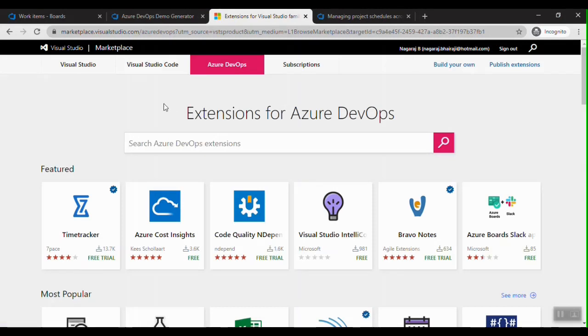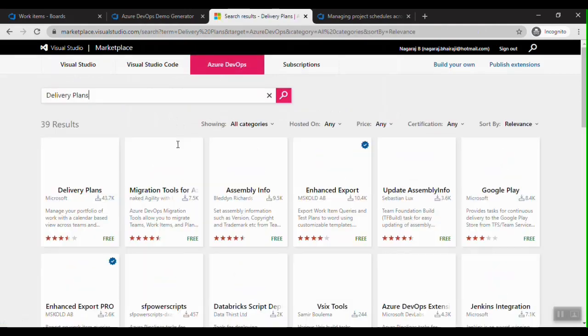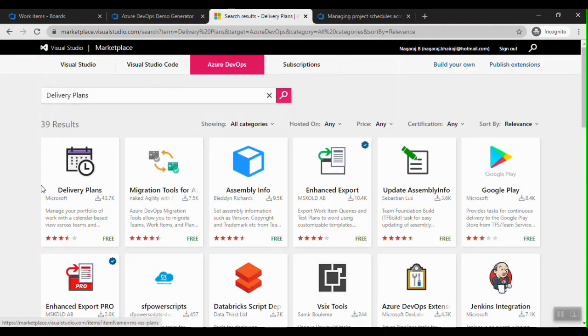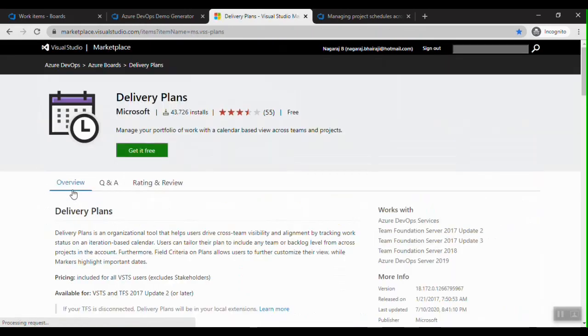Yeah, so this is the, you can say, Visual Studio Marketplace. You can find the extensions for Visual Studio IDE, Visual Studio Code, Azure DevOps. So here I'll search for delivery plans. Yeah, so you can see the first one here. Let me click on that.